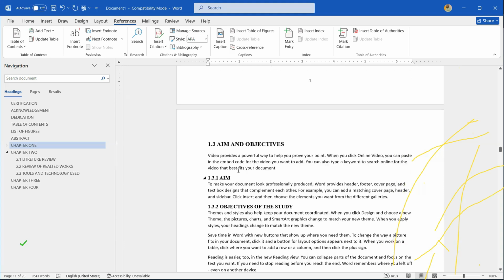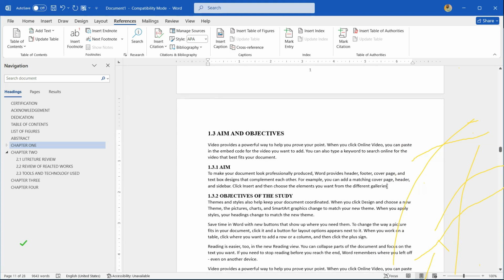So you can go ahead and do the citation. Maybe you have another citation here. Let's say I have another citation here. Insert citation, then I will add citation. But if it's the same Abdurraqib and the same book, all you have to do is